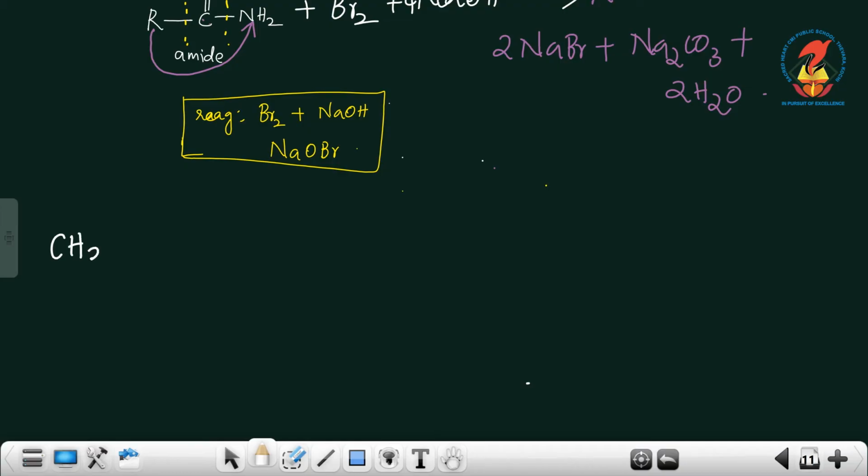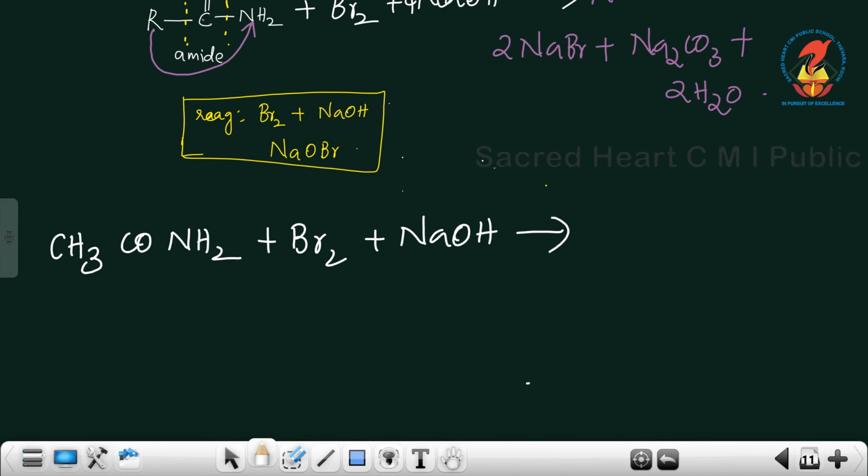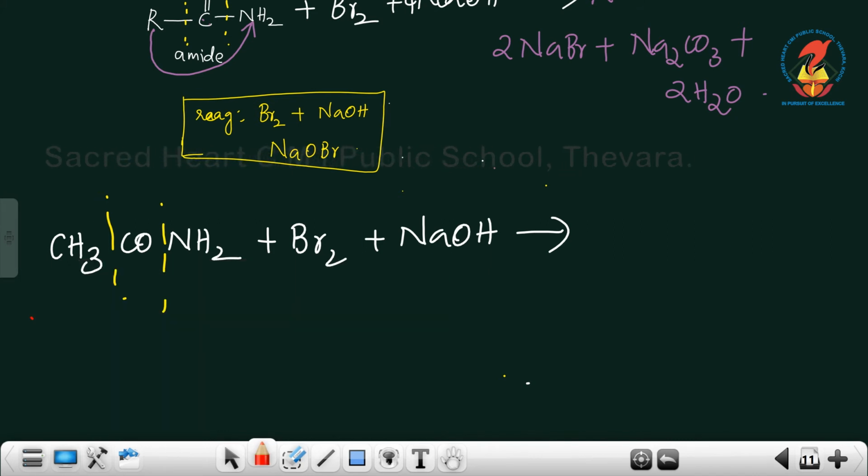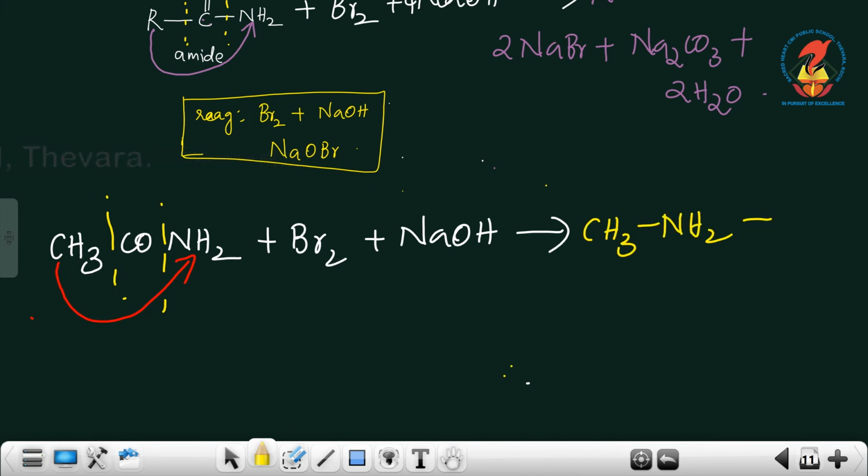If I take CH3CONH2 on treatment with bromine and NaOH, what happens here is there will be breaking of bond on either side of the carbonyl group, and the alkyl group which is attached to the carbonyl carbon will migrate from the carbonyl carbon to the nitrogen atom, and we get CH3NH2 plus, on balancing the equation,